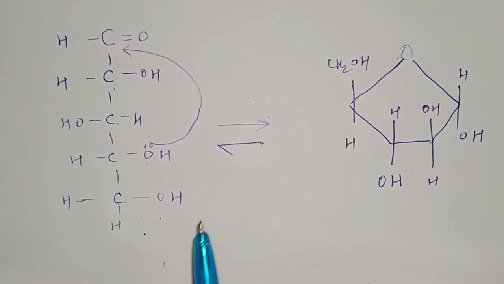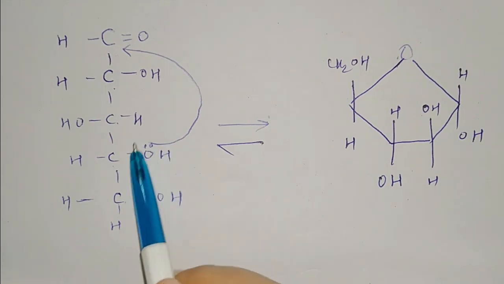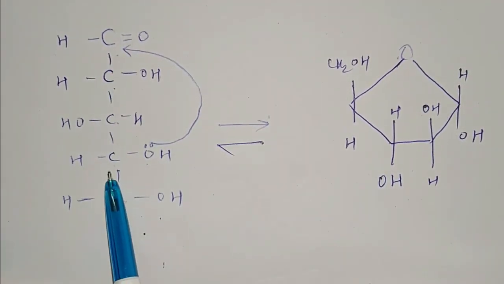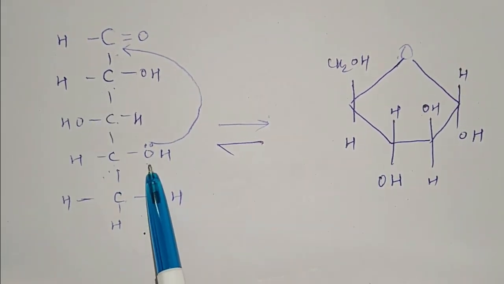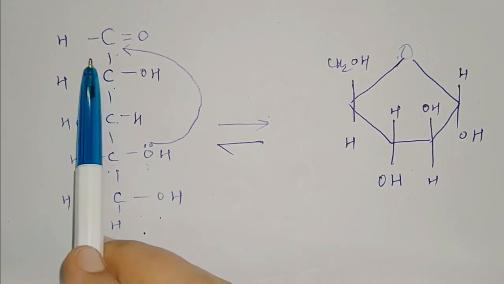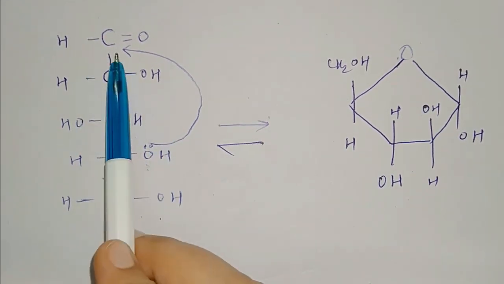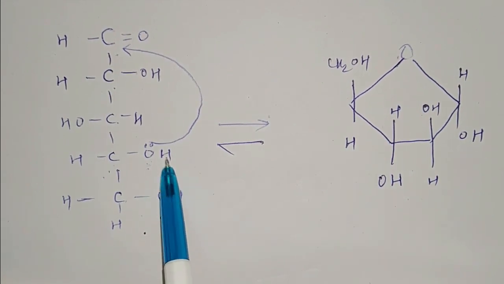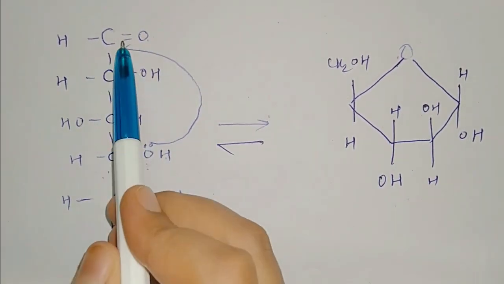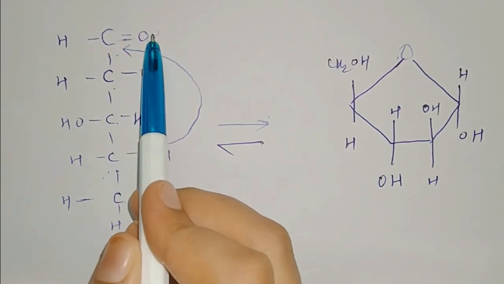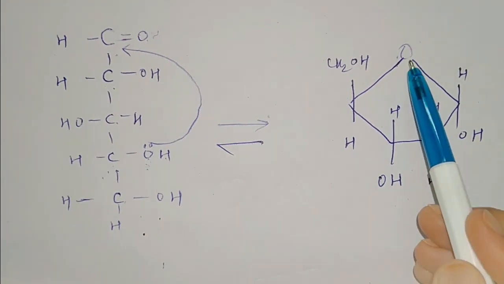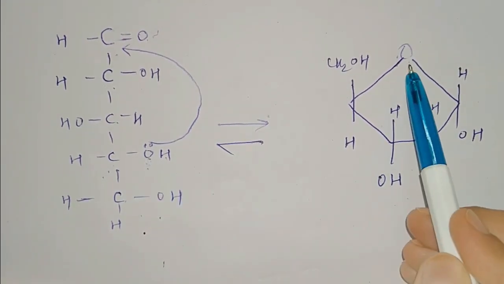This cyclization takes place due to interaction with the hydroxyl group of the farthest chiral carbon from the functional group. This is the farthest chiral carbon from the functional group, and the lone pair of electrons of this O interacts with the aldehyde carbon, and due to this cyclization takes place. This H now is present with OH. This gets converted into a single bond. Over here OH will be there and this O is present in this form. So over here this O is over here.